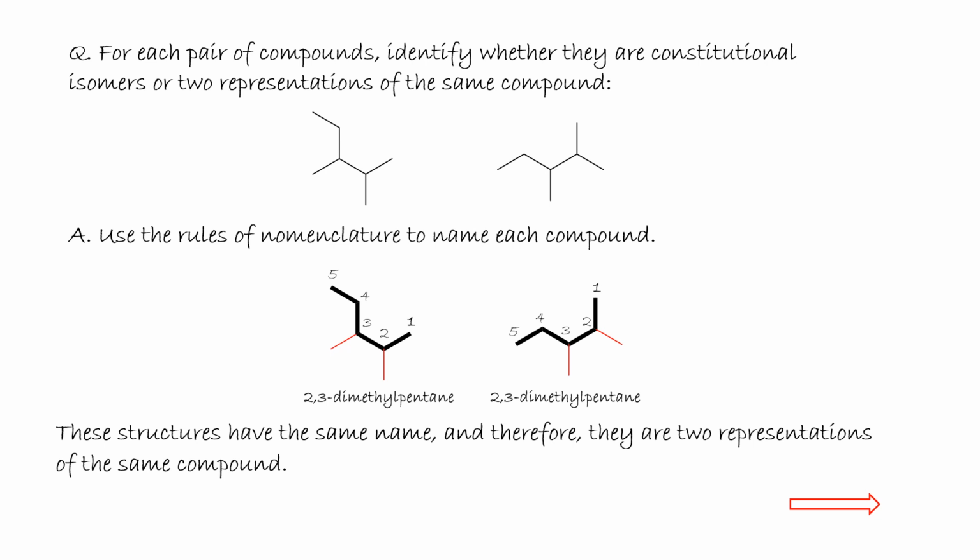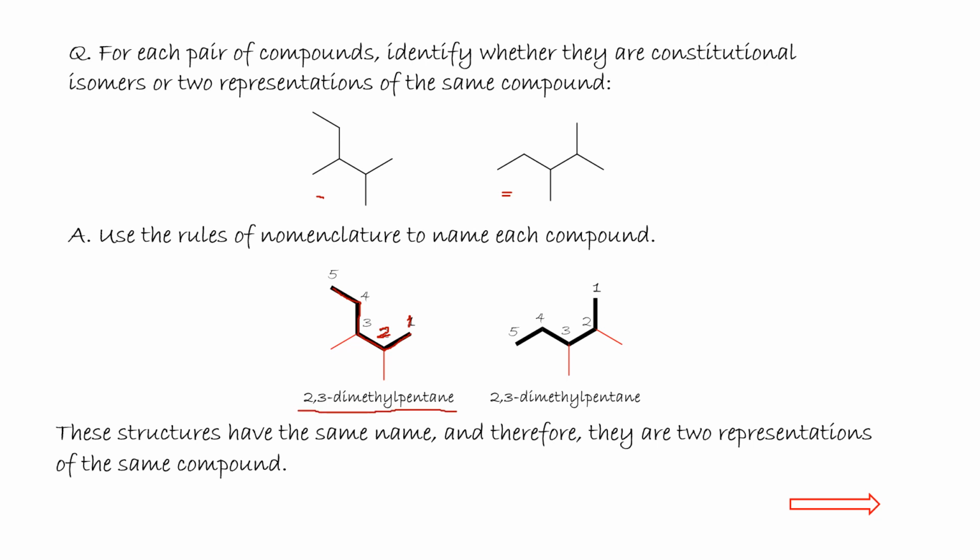For each pair of compounds, identify whether they are constitutional isomers or two representations of the same compound. They give us the two structures. Here they are. So what you have to do is to name the structure using IUPAC. For the first one, we selected the long chain. This is the long chain. And we number from here 1, 2, the shortest way to the substituent. We will find out that the name is